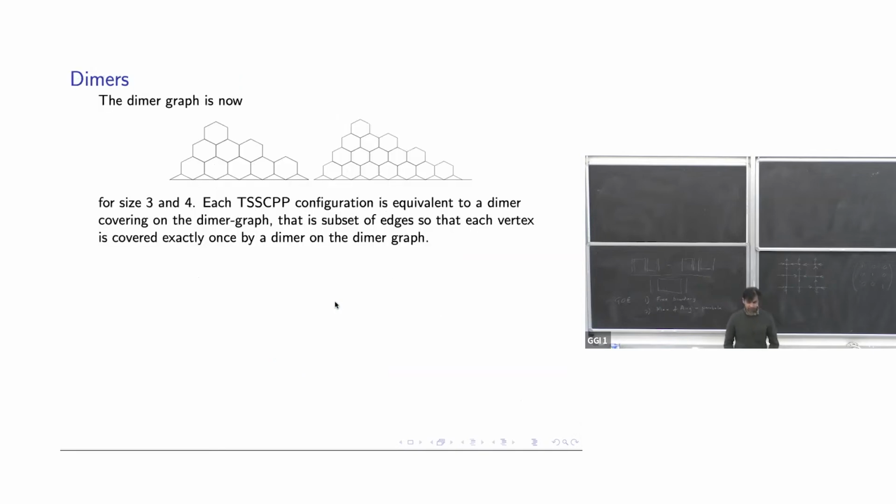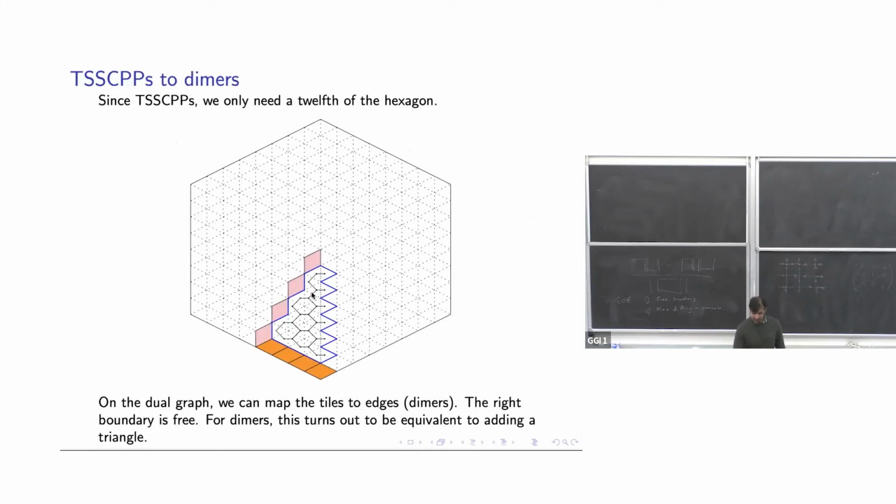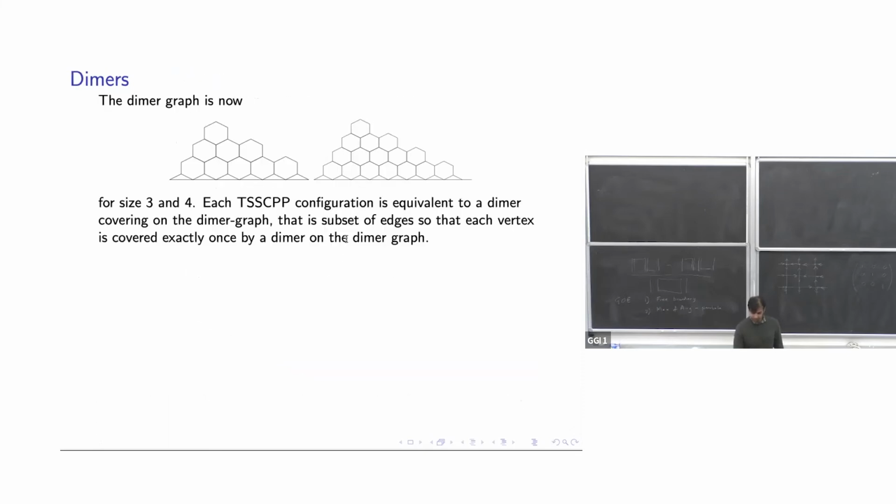Okay, so if we just take that graph and pull it out, we get this dimer graph. So this is the one where you've got 3 rows. This is the one where it's got 4 rows. And when it's even, you have to actually add an extra vertex because you need to have an even number of vertices, okay, because it's dimers. Okay, so each TSS-CPP configuration is then equivalent to a lozenge tiling on this subregion. Okay, so connection of triangles, which is then equivalent, if you look at the dual graph, to a dimer covering